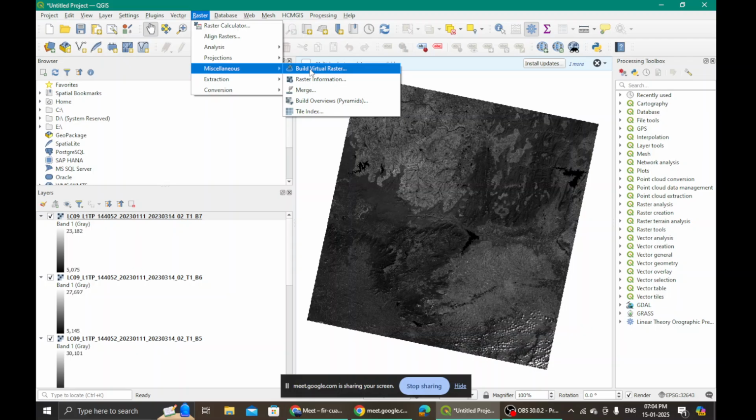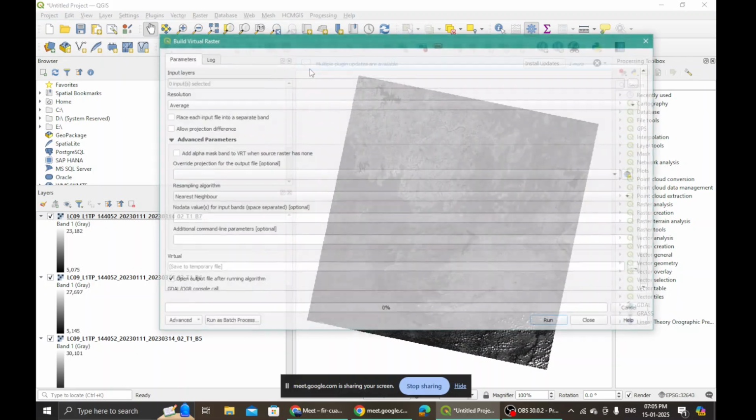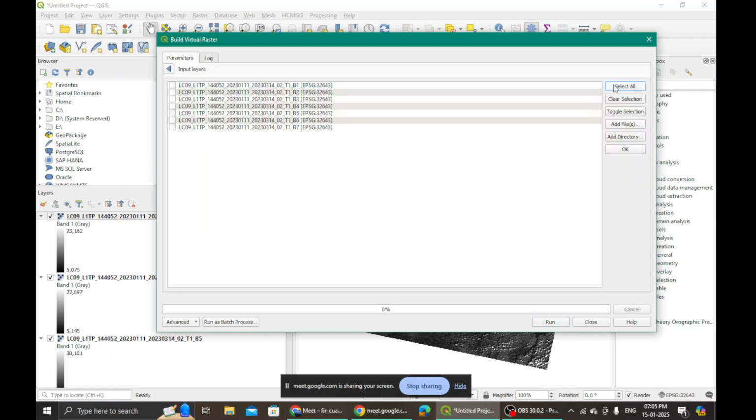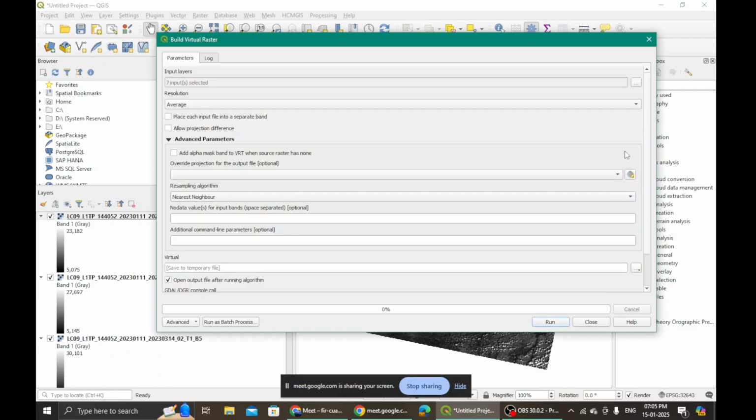If we have not yet done our compiled data, then we do this. While I am doing it, try doing it. Next, I have to give all the seven bands. I select them all and I click OK.